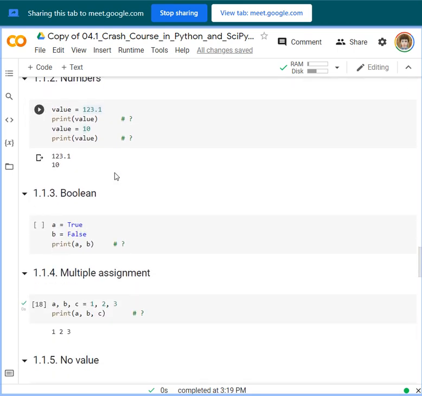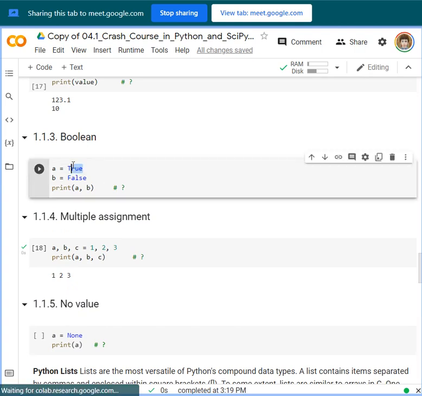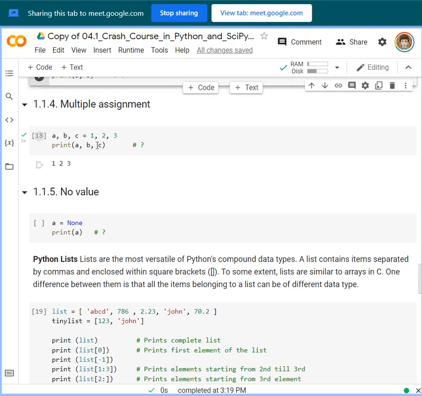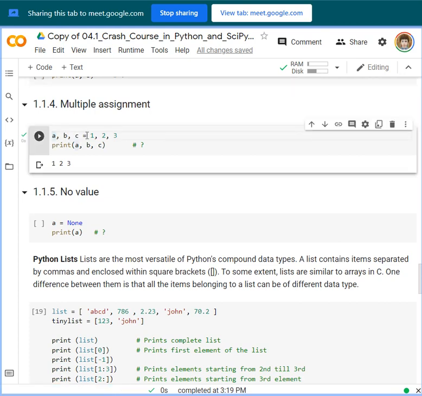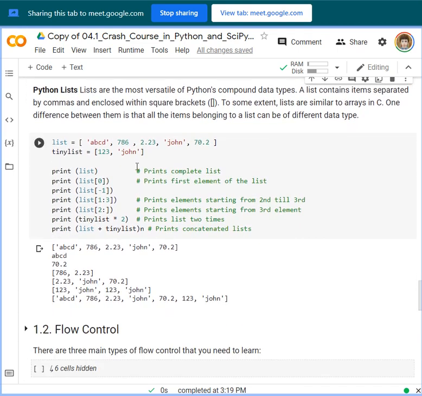And for boolean, we assign only True or False. Of course, it is capitalized because this is a keyword. If it is lowercase, that will be considered a string, but it will not be read as a boolean because it has no quotations. For multiple assignment, we separate each variable with a comma, then equals, and then the values separated by commas as well. For no value, we write None, okay?